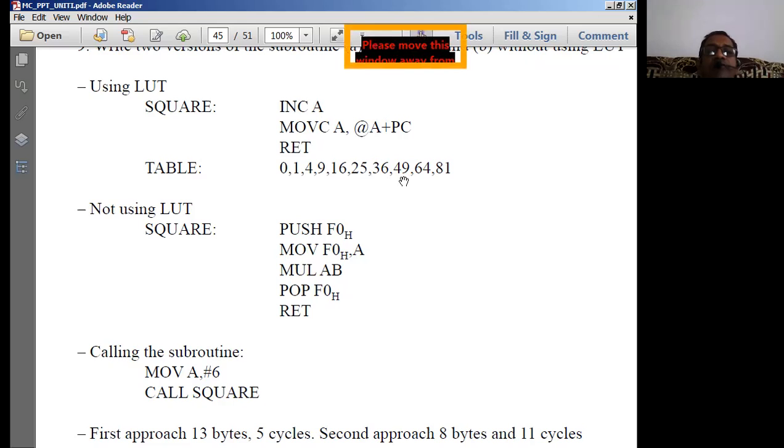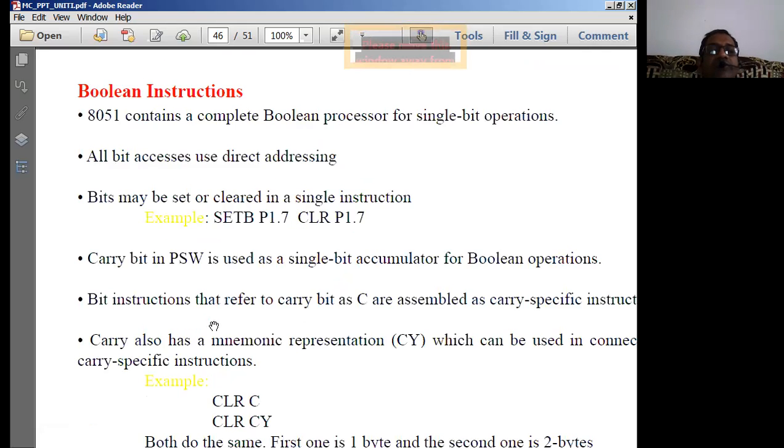After reaching the last value there is no data available, so the control comes out. This is how we implement this using the lookup table. Using an ordinary program, control simply goes to square, performs the task, and returns back to the calling program. Like this, the control is moving continuously.